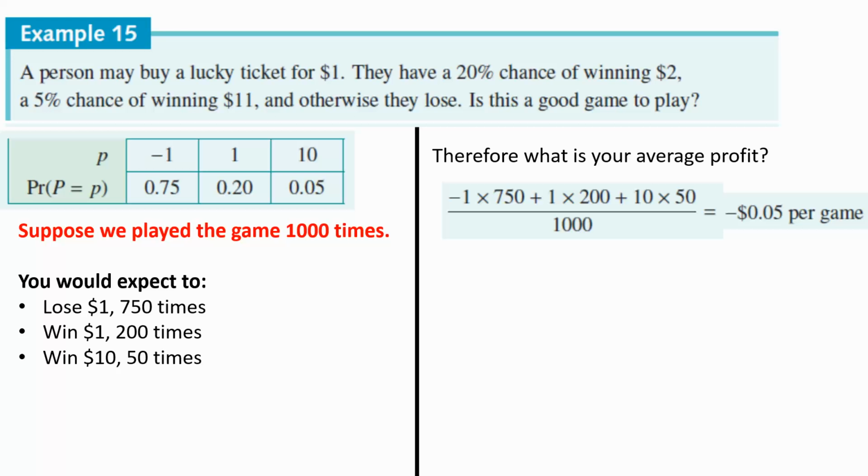Okay, not exactly every game, but on average. In the long term, this is why the expected value is called the long-term average. On average, I'll be losing roughly 5 cents per game, okay, in the long term. So that would imply that this is not really a worthwhile game because in the long term I'm not really